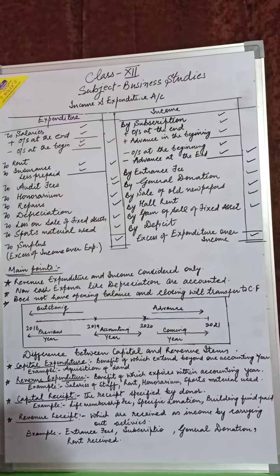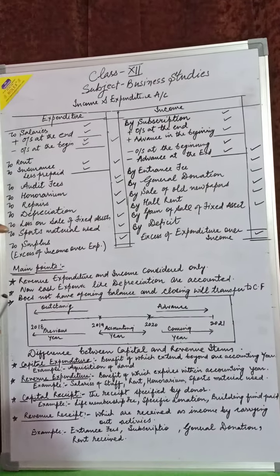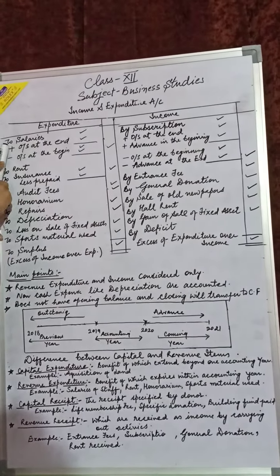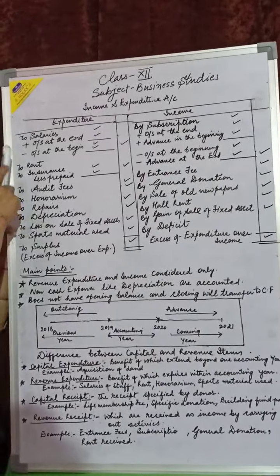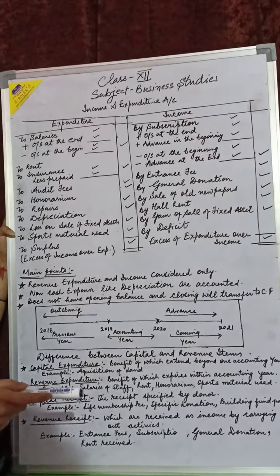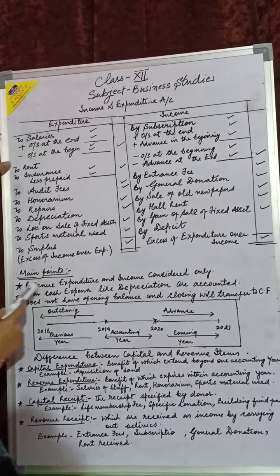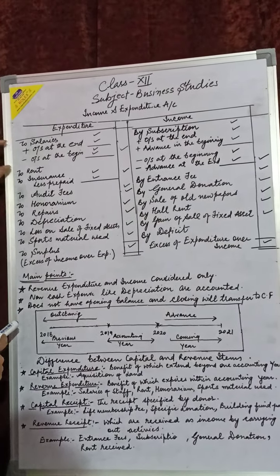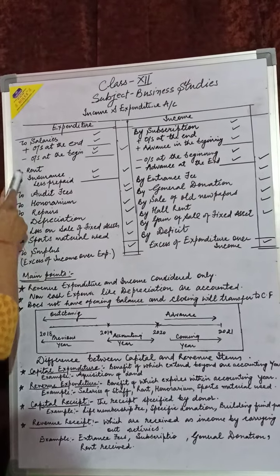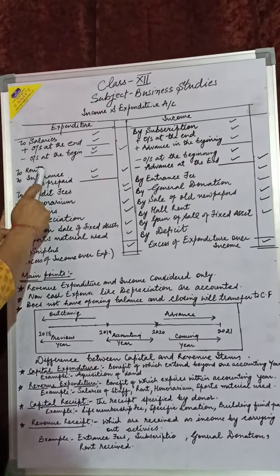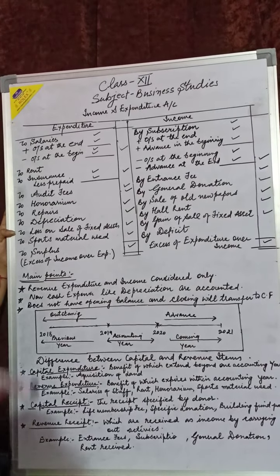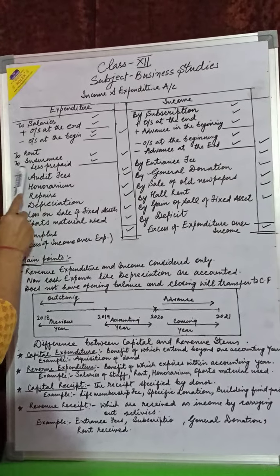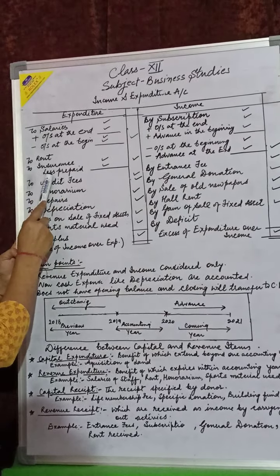Now see what items come on the debit side of the income and expenditure account. First of all, the salaries. Those who work in this organization have to be paid salaries, so this is an expense of the non-profit organization and will come on the debit side. The second one is the rent. If the premises are rented, we have to pay the rent, so that will also come on the debit side. Next is the insurance, less prepaid.